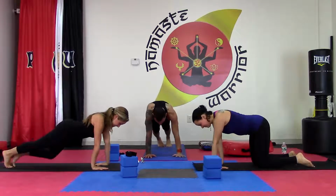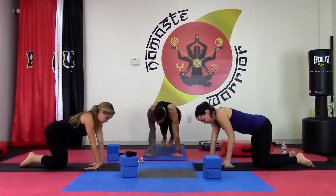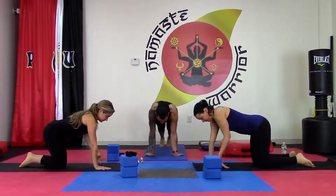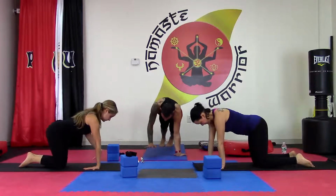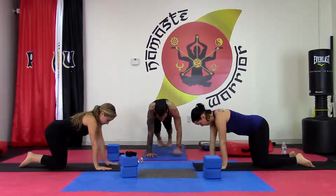Excellent. Left hand forward, right hand back. Left hand back, right hand forward. And keep switching. Right hand back, right hand forward, left hand forward, right hand back, left hand back. Keep going. Putting some weight into those wrists, putting some weight into those hands. Stretching out the tough ligaments around the wrist joint for 5,